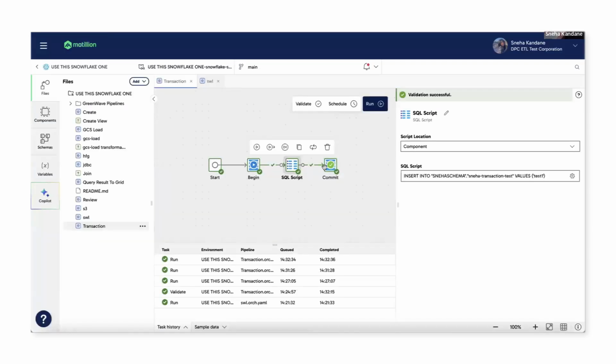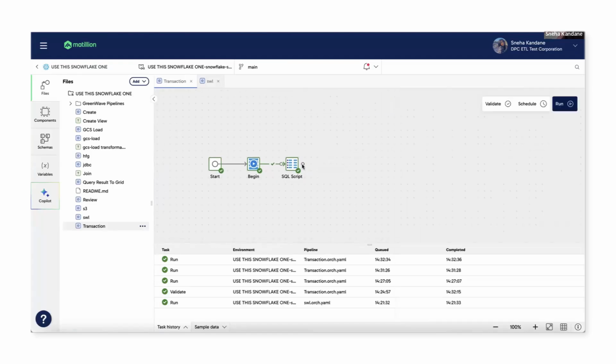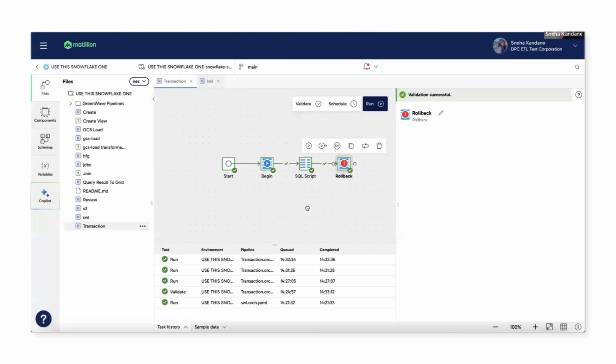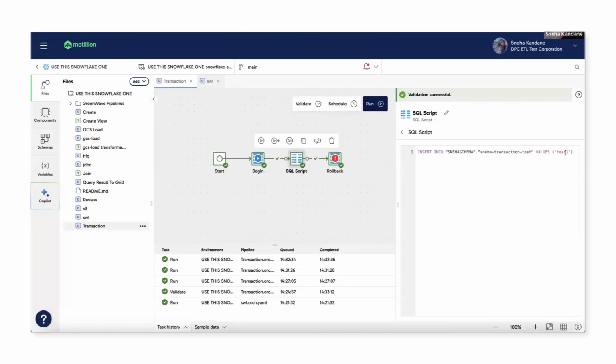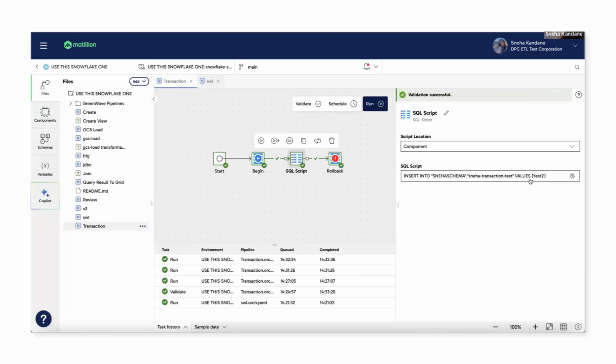So the final component that you'd want is the rollback component. So in this case, I will put test2, and the transaction should finish, but the changes should not be made because they're rolling them back. So if I run this,